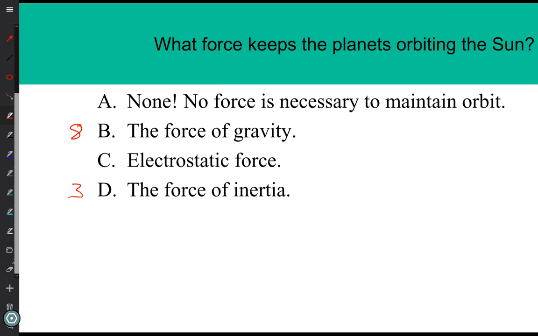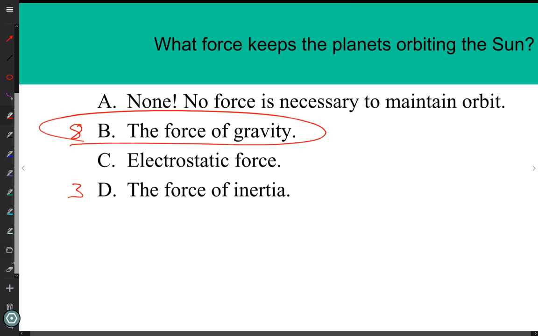Which leaves the other 8 people, the force of gravity. What is the correct thing? Gravity is pulling on them, making them change from what inertia would have had them do. Inertia, it's just inertia. It's not like I can break it down into something. It's not a force. But inertia would have had them go straight, and gravity is what makes them change direction so they stay in an orbit instead of escaping.